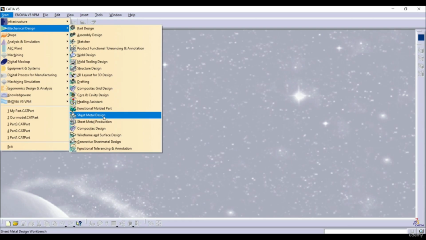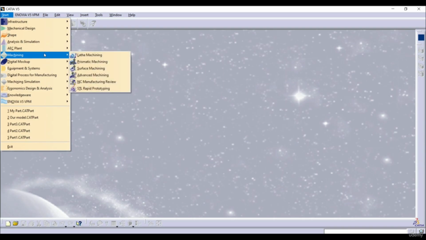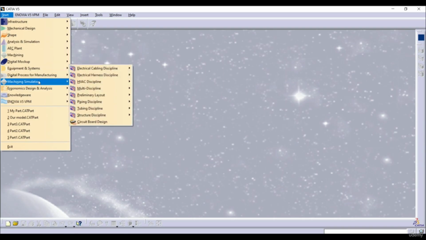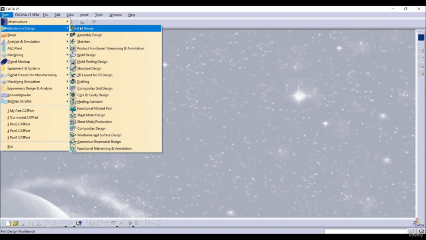As well, here we have sheet metal design, here we have surface design, and so on. So CATIA has many workbenches. You can see here: shape, analysis and simulation, machining, equipment assisting, machining simulation. You can go with NC, machine tool simulation, and so on. But in our case, we're gonna go here to the mechanical design, and we're gonna use here part design, assembly,